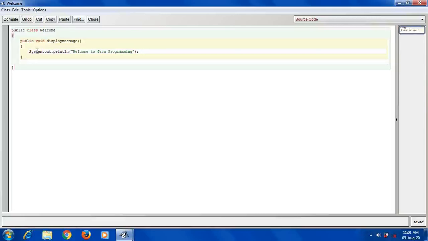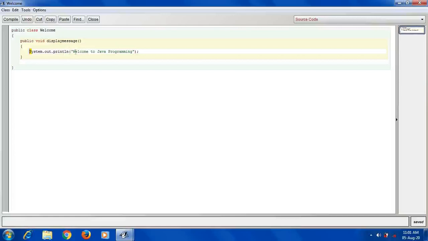The same way, the programmers also wrote the letter S as capital, because that is a good programming practice. So System, S is capital, dot out is the object name. Then println is the method name. So how we have written display message, the same way println is written by the Java programmers.